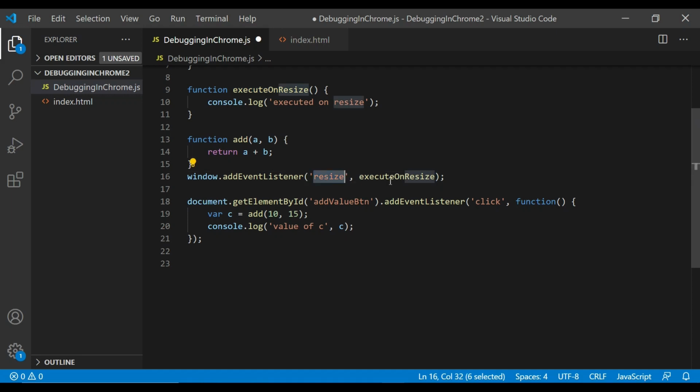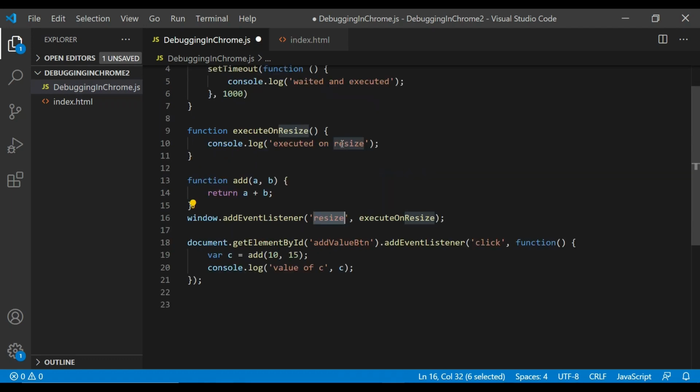So events are also a kind of asynchronous code, because these are not executing line by line, they are not executing by themselves. After some event or after some time that code is getting executed. So the function of this method executeOnResize will be executed after the window resize.